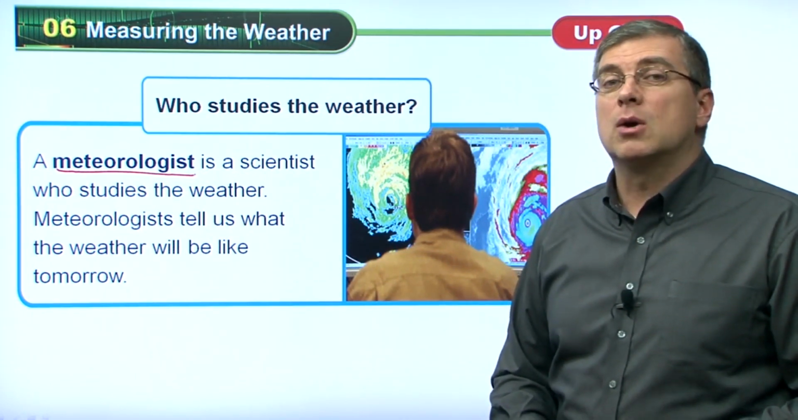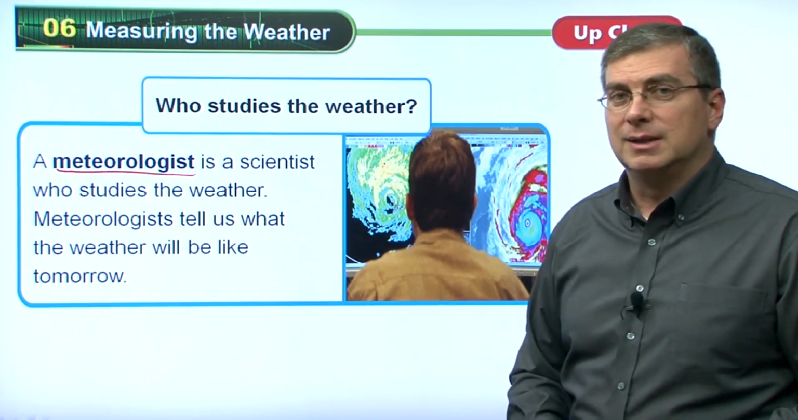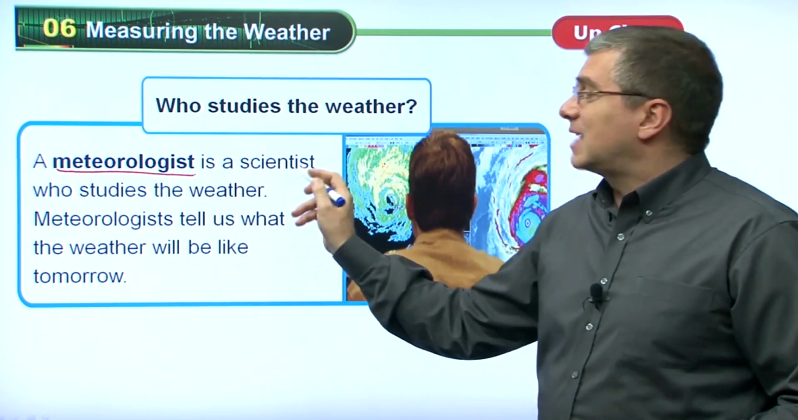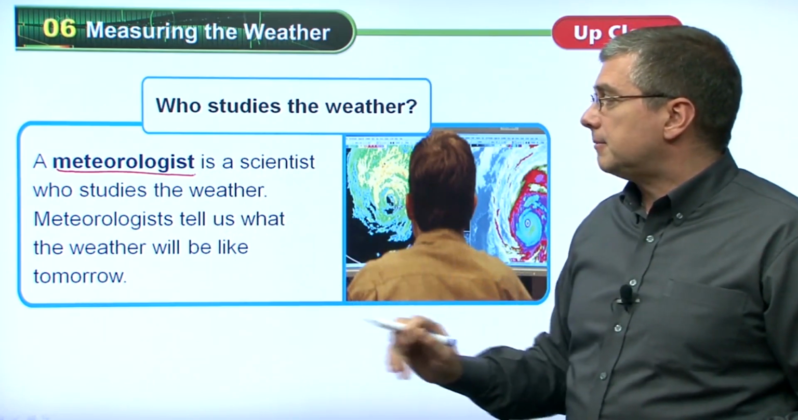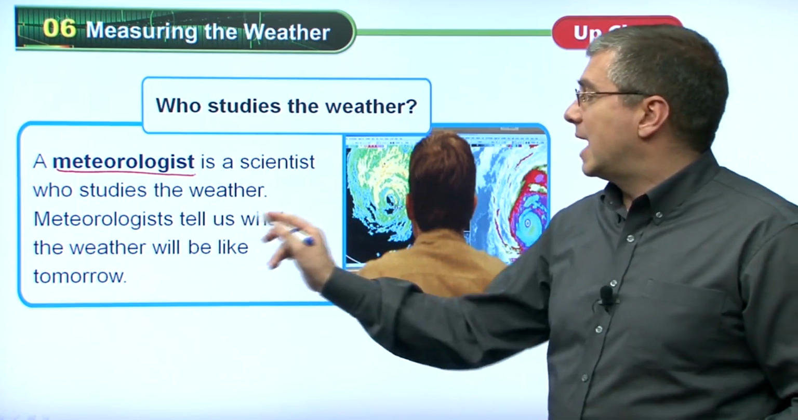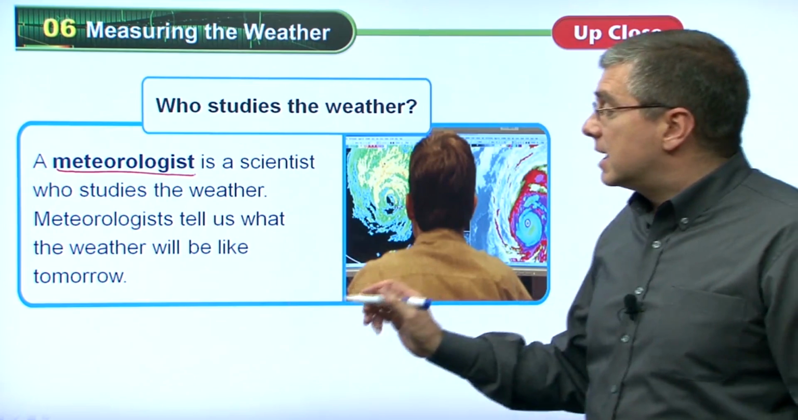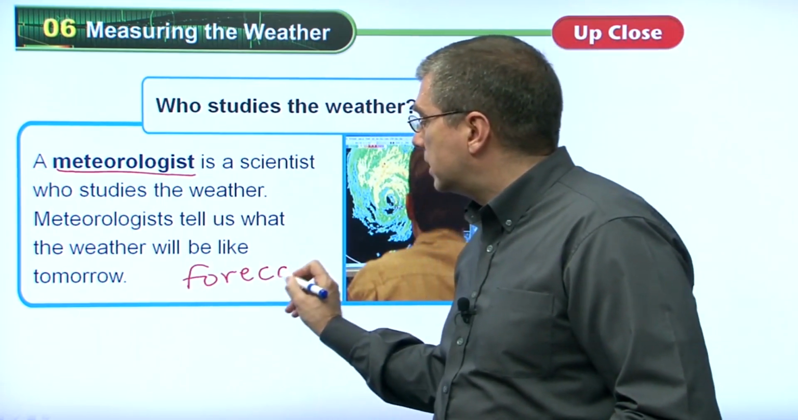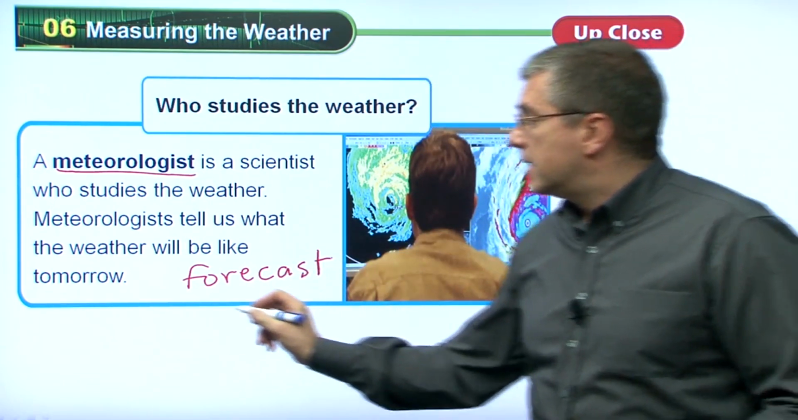Meteorologist. So, one more time. Meteorologist. It's kind of a difficult word. A meteorologist is a scientist who studies the weather. Meteorologists tell us what the weather will be like tomorrow. They give us a forecast, right? I talked about that before in Unit 5. A forecast is predicting. They are making a